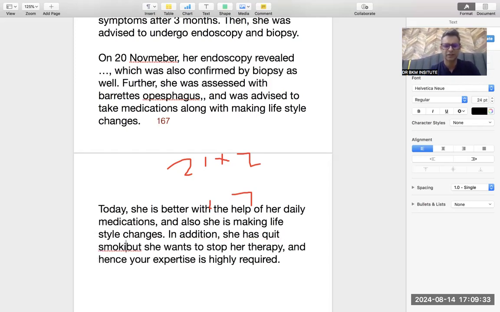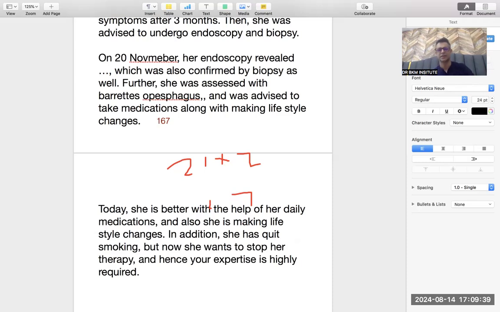See, the word count will automatically improve. But now she wants to stop therapy. Now the word count will be perfect, the letter is perfect, everything is complete. That is what exactly OET says. If you're writing more than 200 words, OET says 210 and 220 is fine. If you're writing more than that, that means you are including unnecessary data. If you're writing less than that, then like me, maybe you are missing something important that you have forgotten to